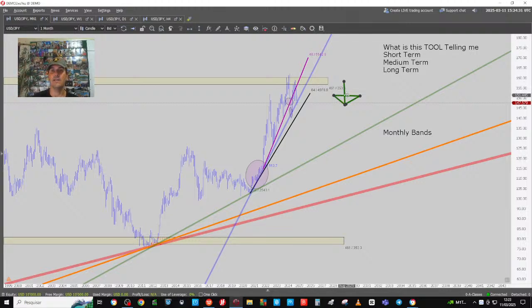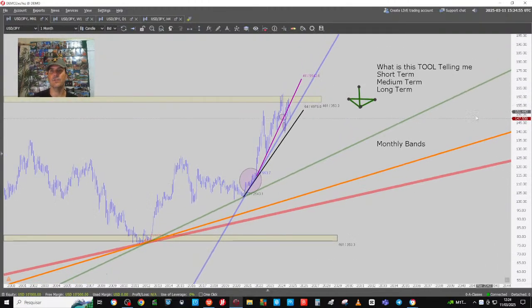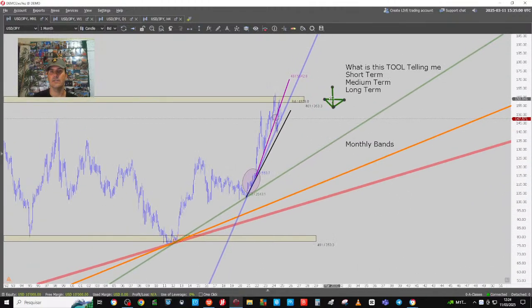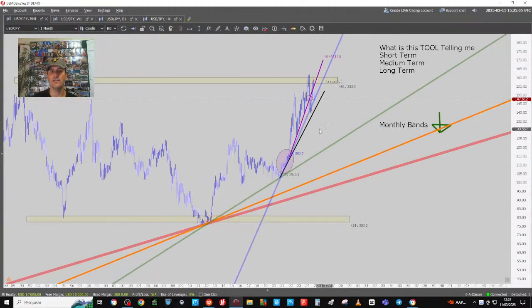So it's advisable that you short the market on the 15-minute chart, 1 hour chart, 2 hour chart, daily more or less, but it's not advisable for you to short the monthly and the weekly. Does this make sense? Because every time frame has its own trend lines. Okay? So monthly bands, long term is down. What is the trend line telling you?